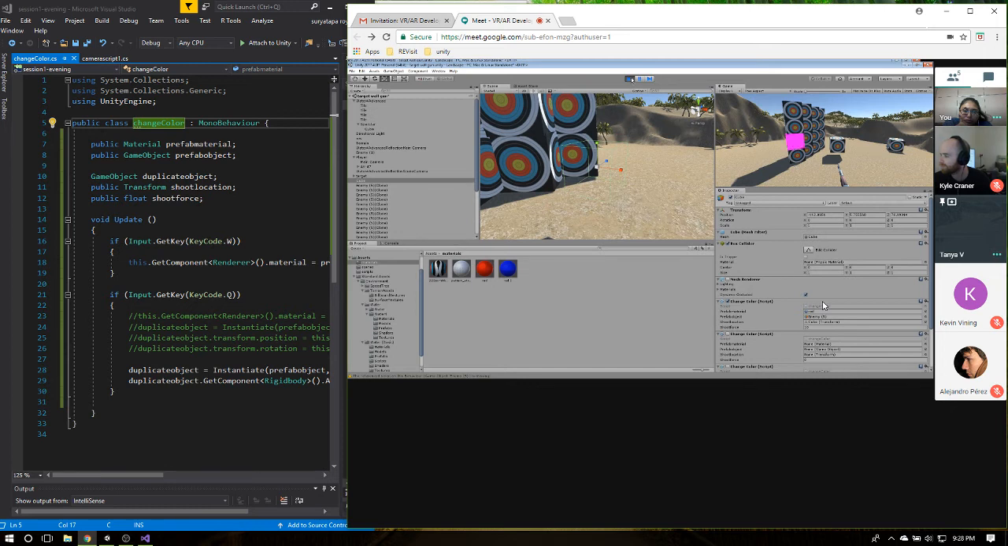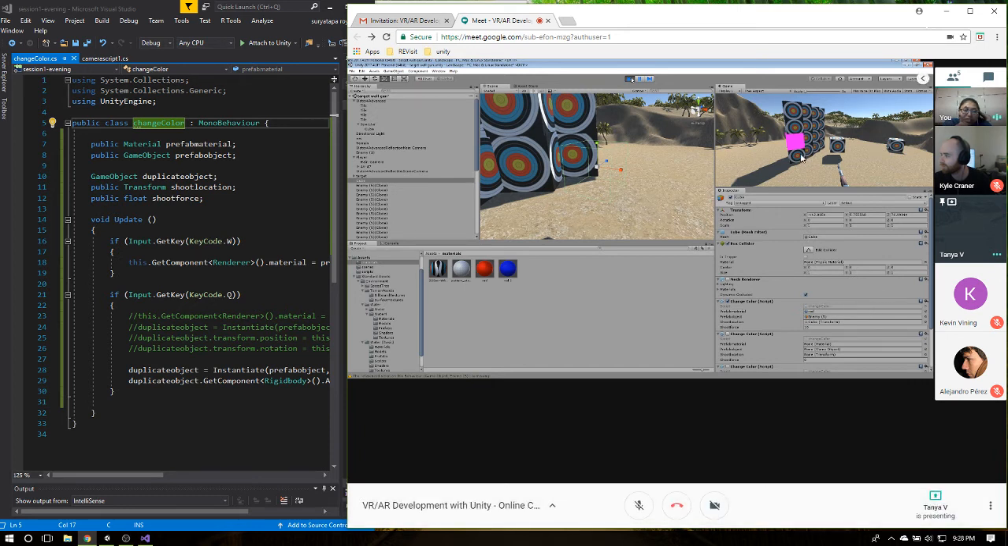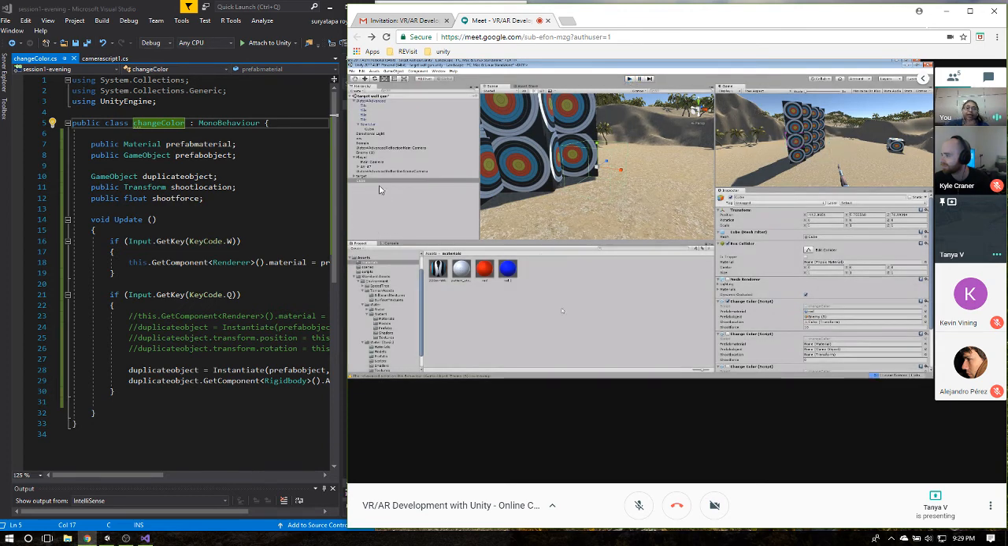Anything else? Okay. So this material is changing to something default. You can see that this enemy box is getting duplicated in runtime. If you play again,